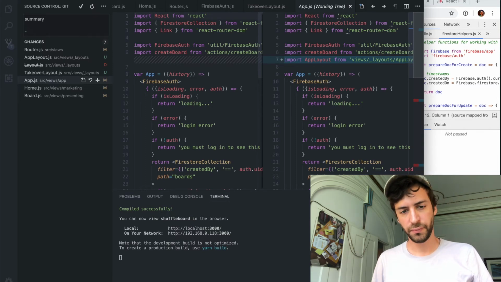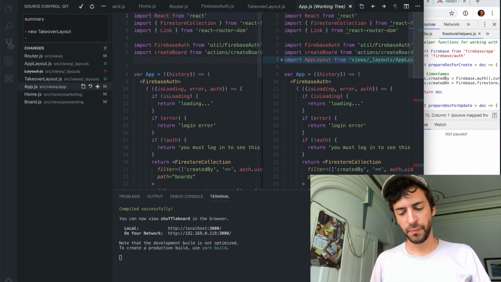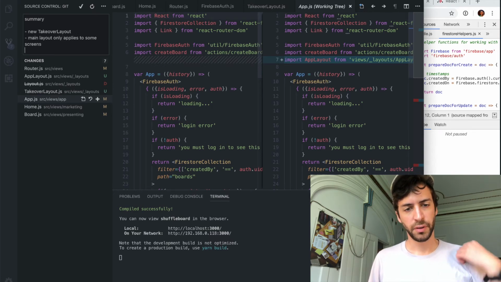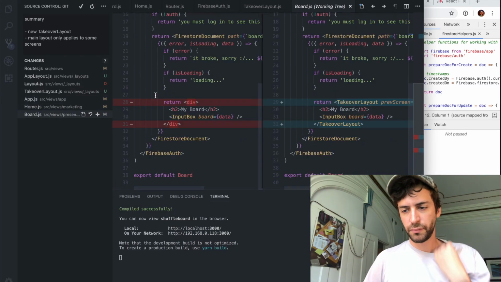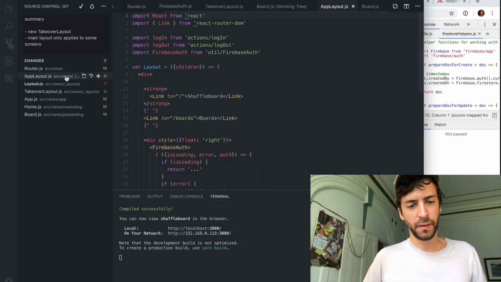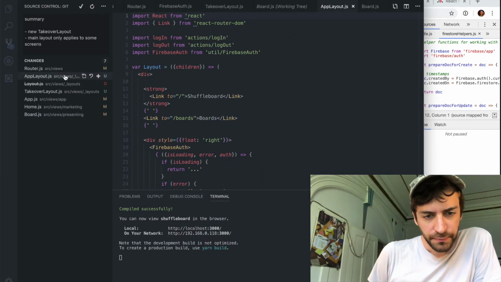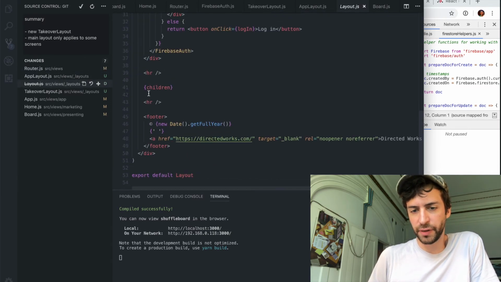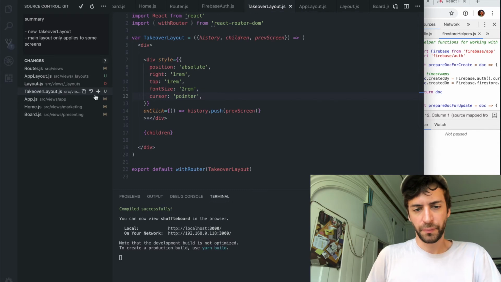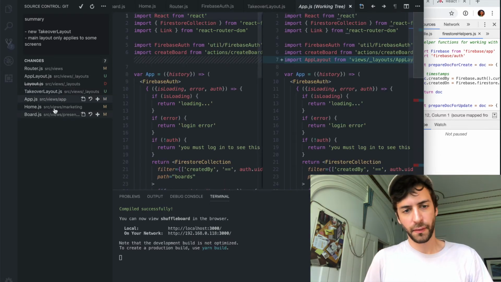But new takeover layout, main layout only applies to some screens. What else did we do? I guess that's it. That's good. We have small commits. So the summary is just